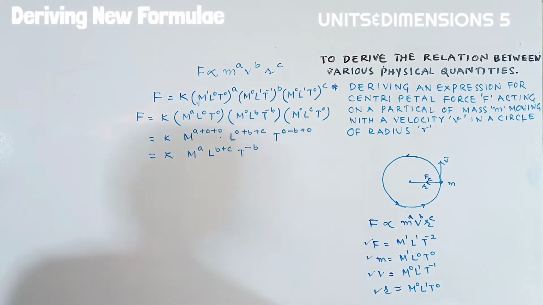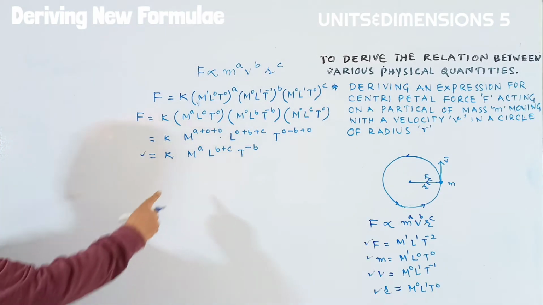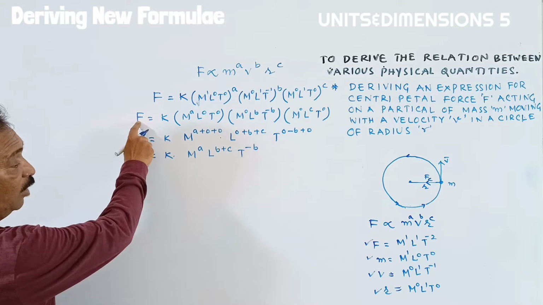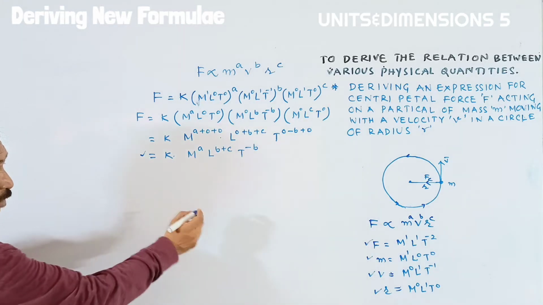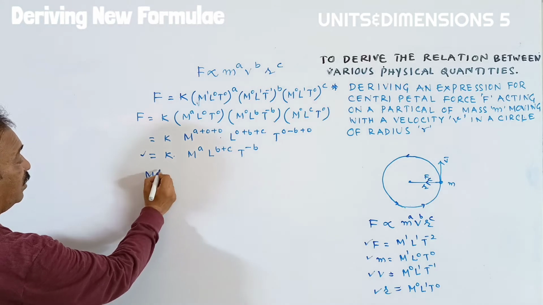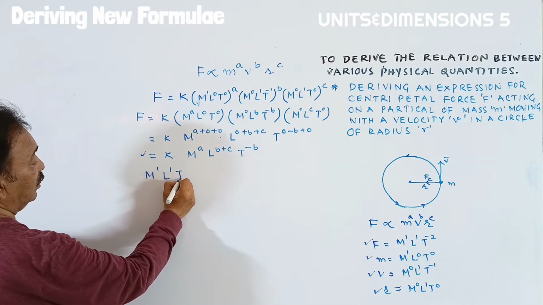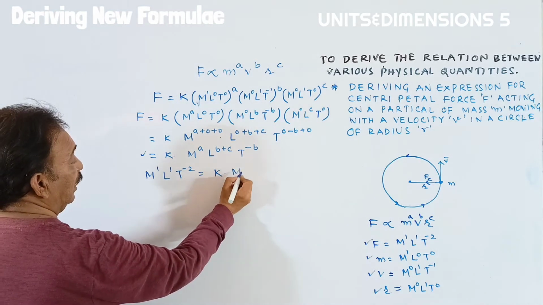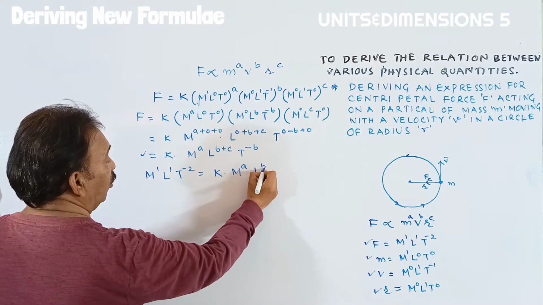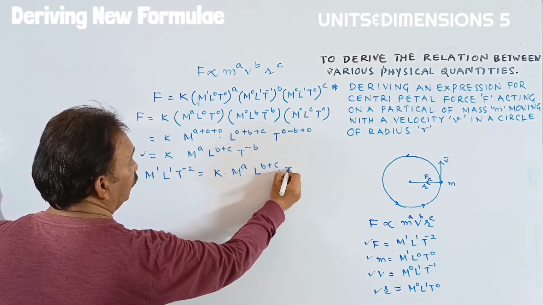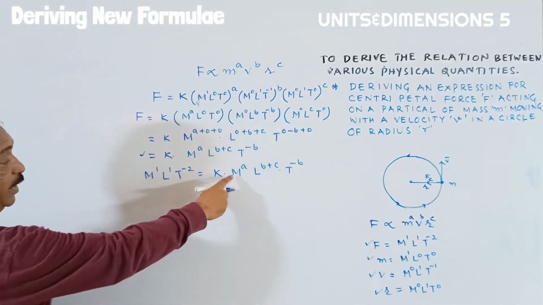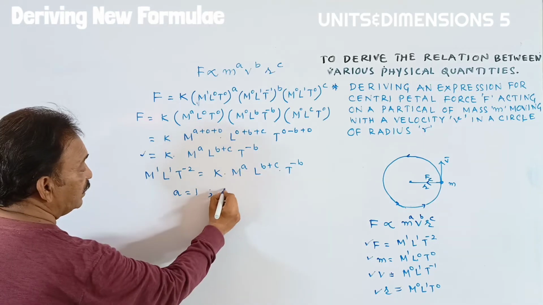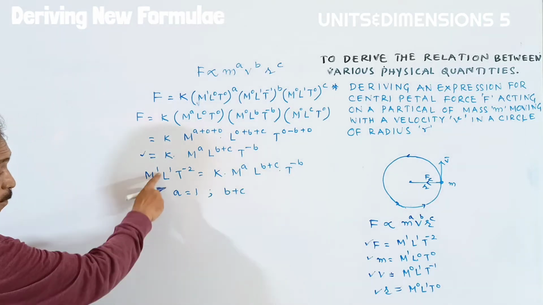Okay, students, up to here we did everything. Now we are comparing this equation with the dimensional formula of the force. As you know, the dimensional formula of the force is M^1 L^1 T^-2, equal to k of M^a L^(b+c) T^(-b). We are comparing the powers, students. You can write a as 1, b plus c is equal to 1